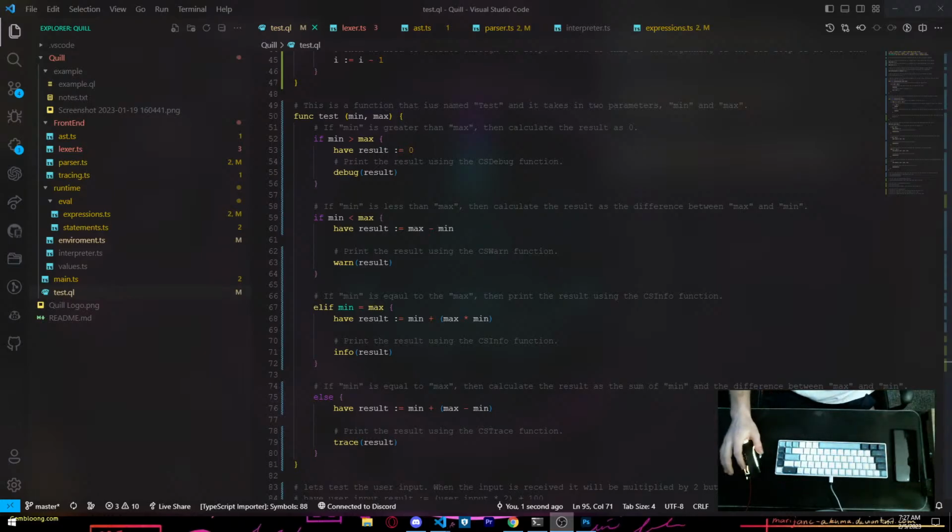Let me explain this in a way that might be easy. The way that I'm programming my own custom language is through, hold on, let me pause the music here.